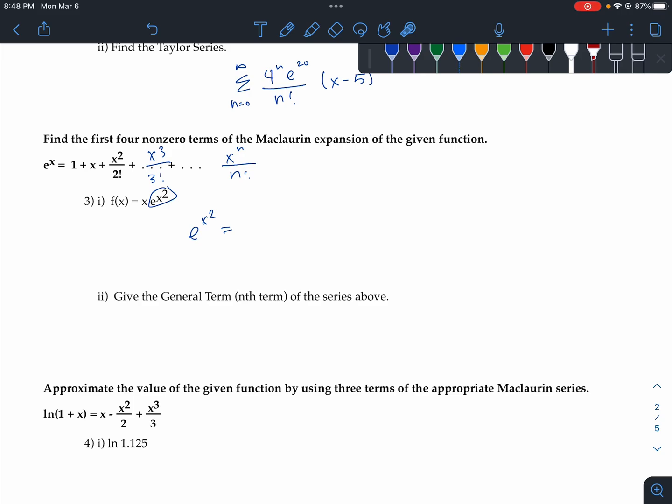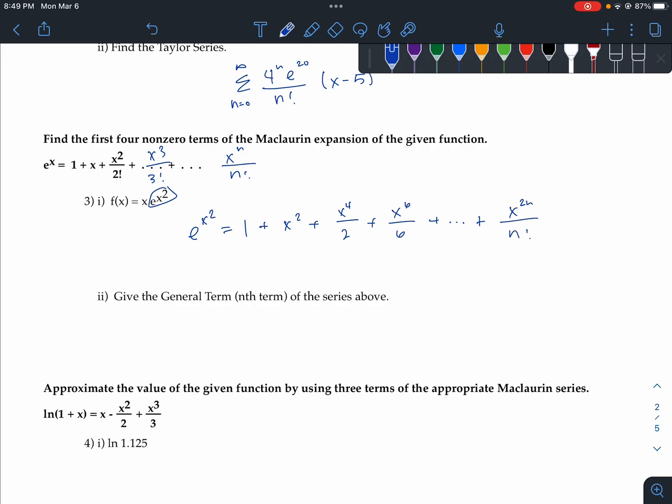So it's going to be 1 plus x squared plus x squared squared, which is going to be x to the 4th divided by 2, and then plus x squared to the 3rd, that's going to be x to the 6th over 6, or 3 factorial, right? And then that would go to the nth term, which would be x squared to the n, which would be x to the 2n